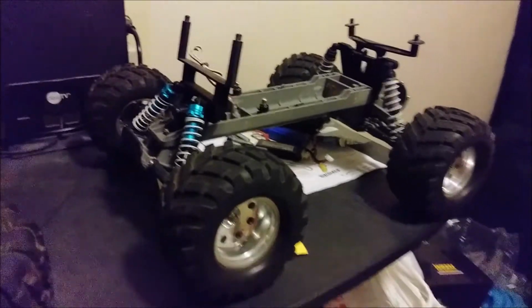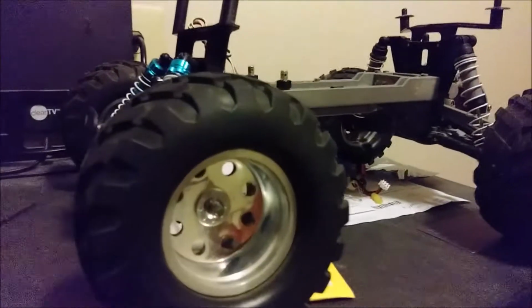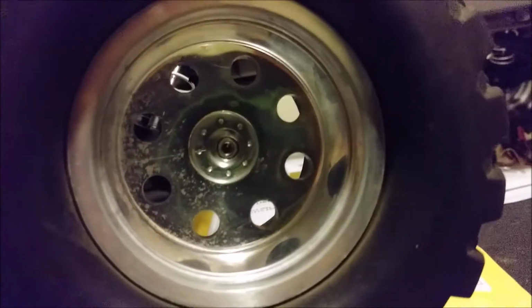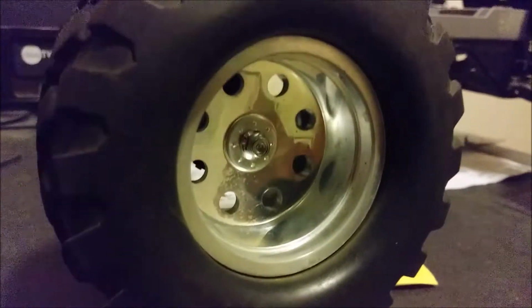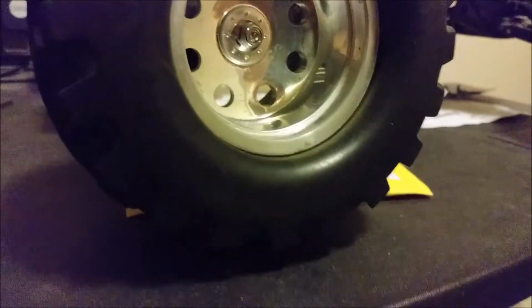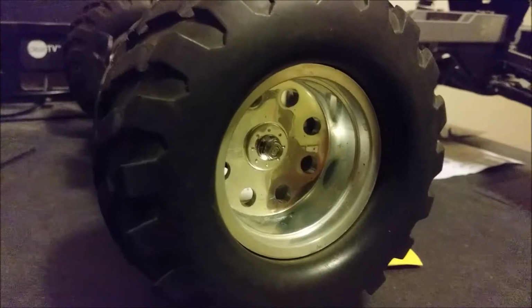This is the same truck I was working on the other day. I just stuck these wheels on here just to see how it would look. You can't really see in there really good, but that nylock section of that nut doesn't really bite onto the axle really well, because on the front of the newer school trucks it has a fatter hex on it, and the ones back here, see where it's, there you go, you can see where it's biting. Yeah, the threads are already through the nylock, and on this one